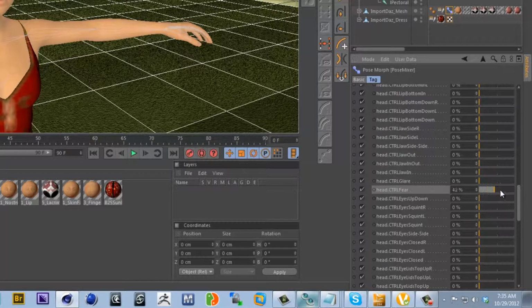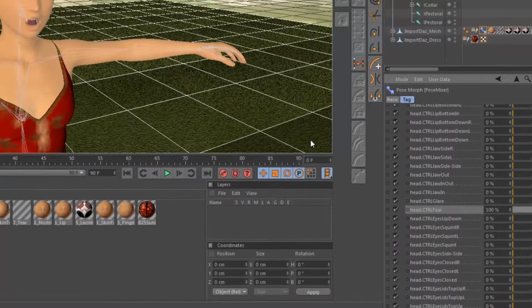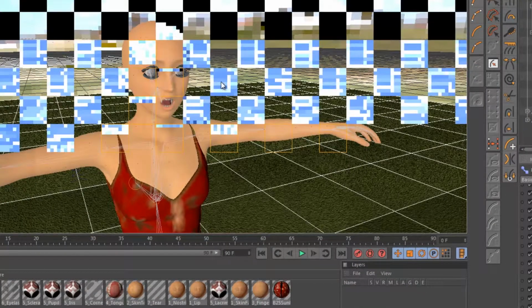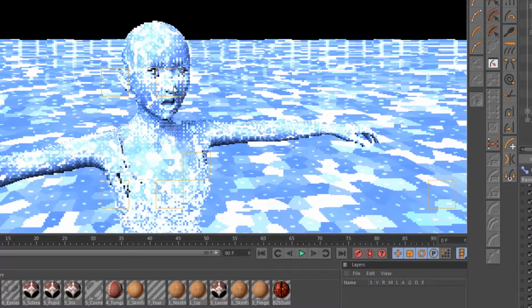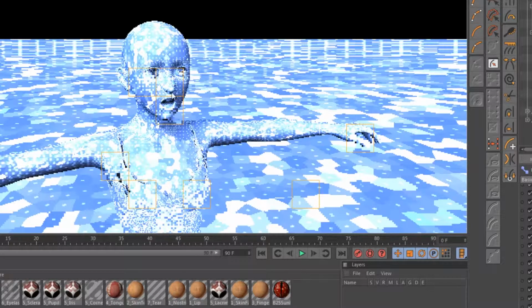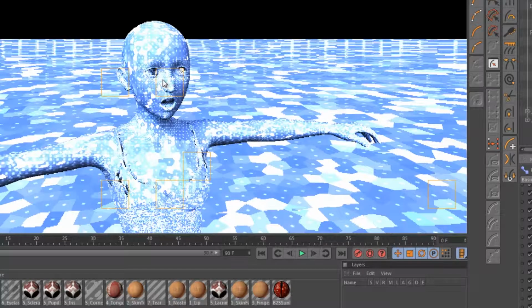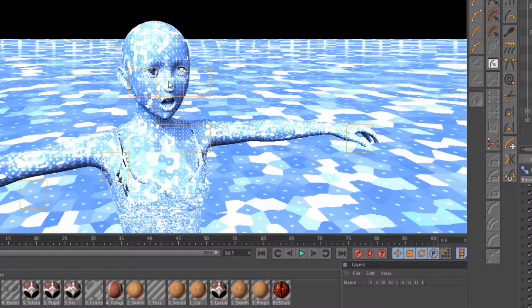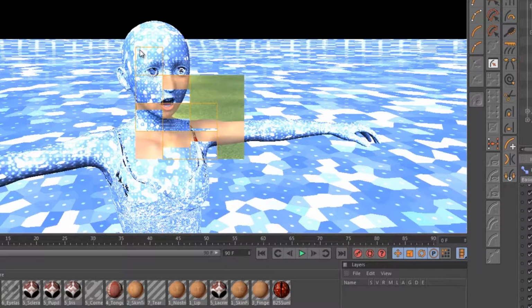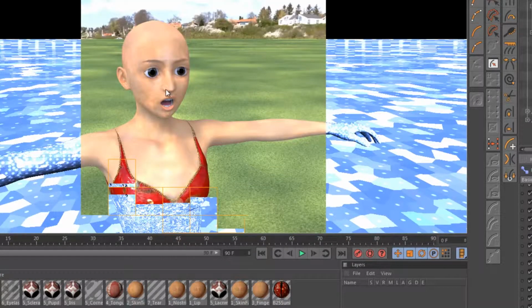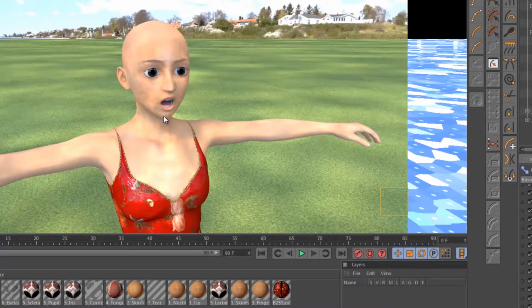And we can dial these sliders up and render, and now we're able to give her this Halloween terrified sort of expression really fast for a little Halloween scene, if we're trying to do something like that in the next couple of days. And there we go. All of that having to go back in the